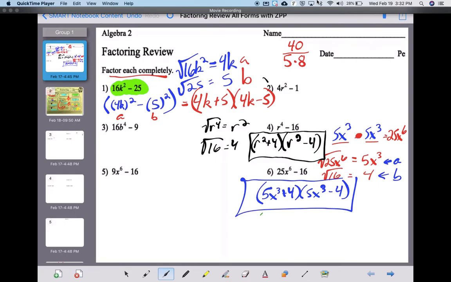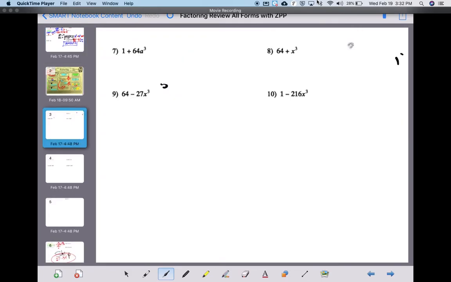The directions say factor, and I have just factored it. Notice your answers are off to the side, so you can use that to confirm that you're right or to see what they got and how to fix your answer to get that. Just make sure you're thinking about why the answer is the way it is. Ask a classmate for some help if you need some help. All right, let's look at